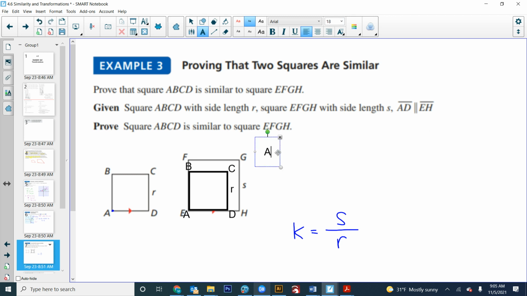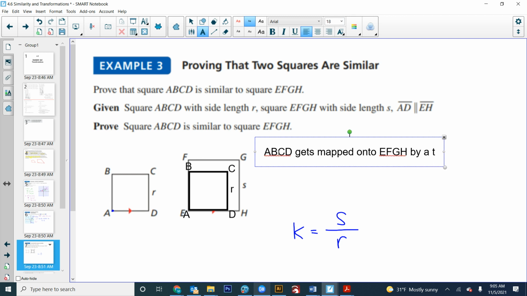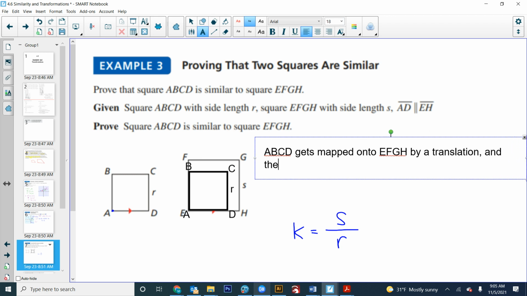ABCD gets mapped onto EFGH by a translation and then by a dilation of K equals S over R. Therefore,